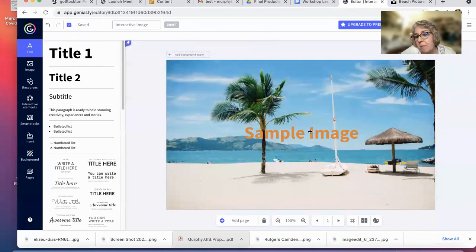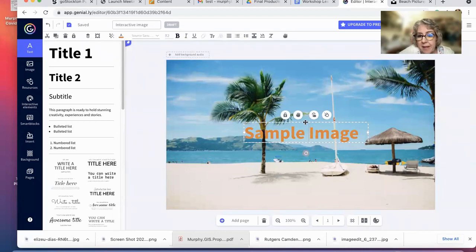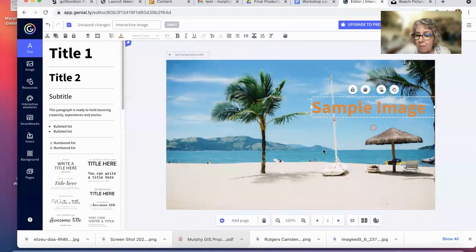Now I don't like where that is, so I'm going to click on it again till I get that little plus sign. I can move it wherever I might want that. Okay, so